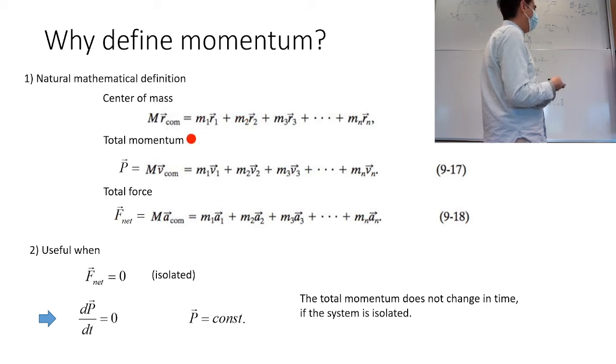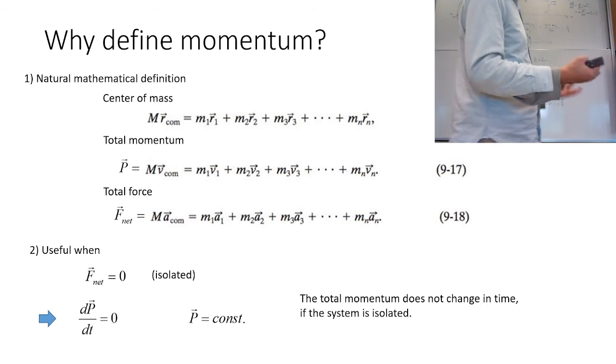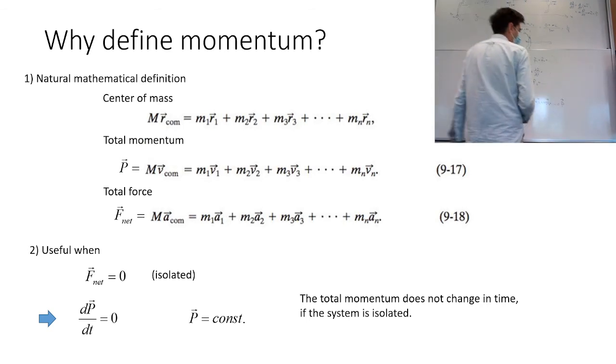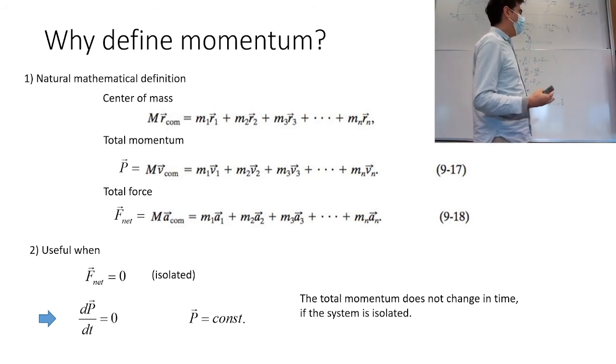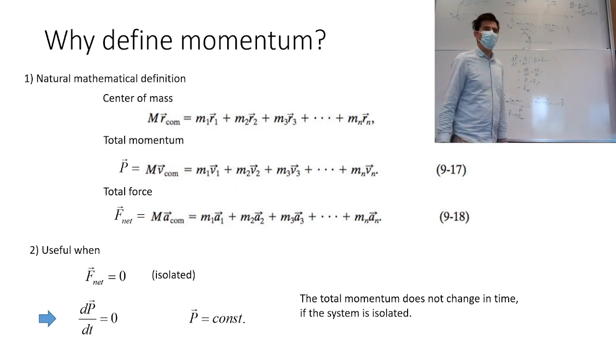So that basically means that this one will be constant, right? Just like a fixed number. And if it's a fixed number, what that actually means is that it will not change in time as long as the system is isolated, as long as F is equal to 0. So this is basically why, and we'll do conservation of momentum soon,